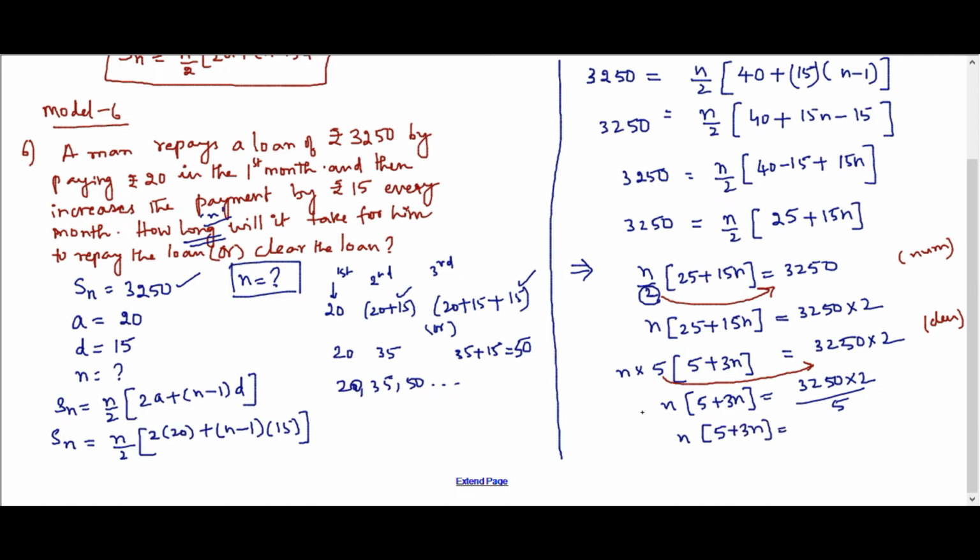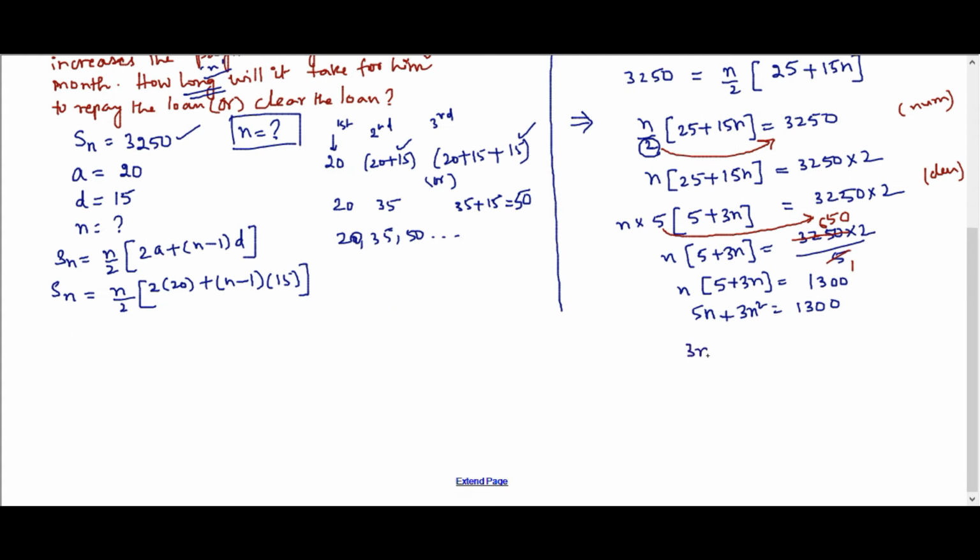So let me do that. 5 1s are 5, 6 are 30, and then 25. 5 5s are 25, 0. 650 into 2, 600 2s are 1200. So 1300 is my value here, correct? Okay, I'll write with the other color. 1300, isn't it? Now you have to multiply, there is no option now. So you have to write this as 5n plus 3n square is equals to 1300, and then you